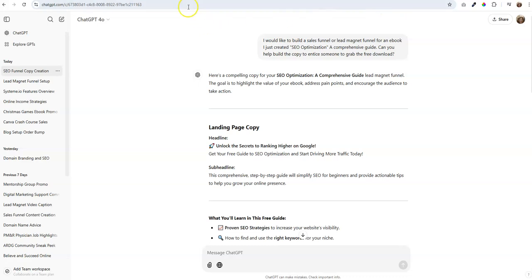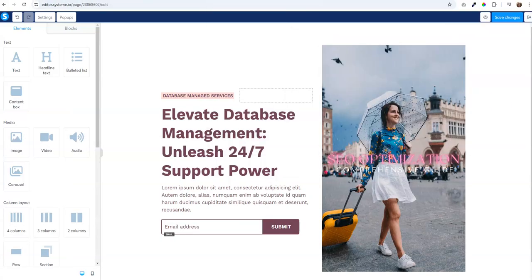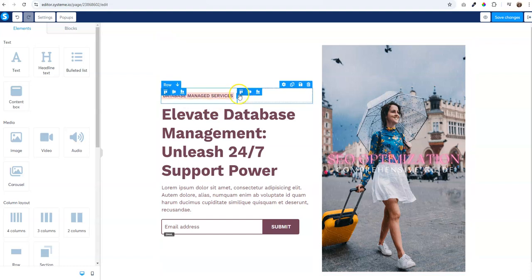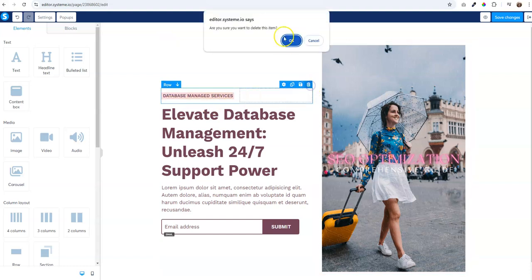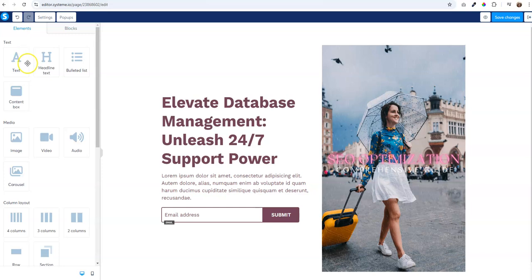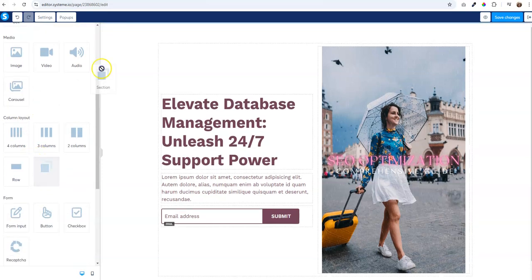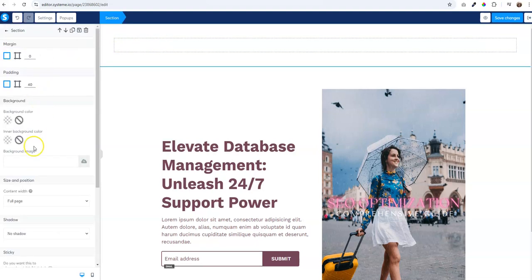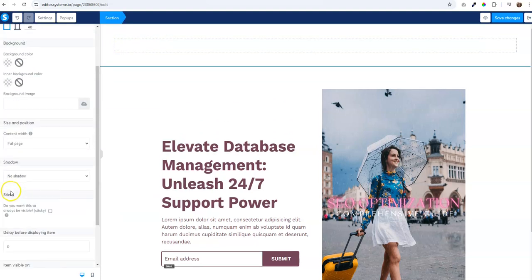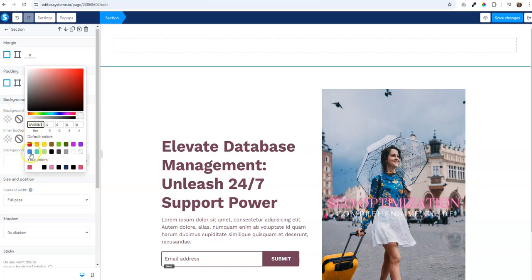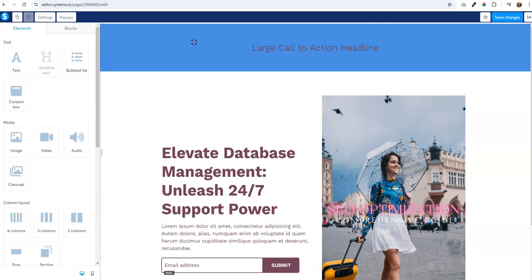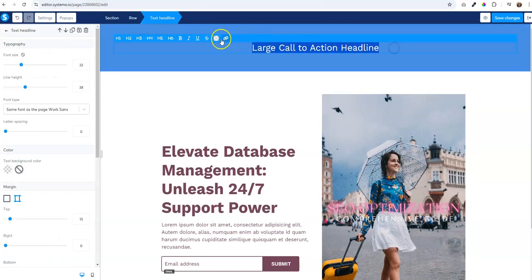This is totally fine. So I'm going to move this over, and let's just put this up here. I'm going to actually take this section out, and I'm going to put a section up here on top, and I'm going to color the background. We're going to use a blue. I'm going to add some text. This text is going to be white,